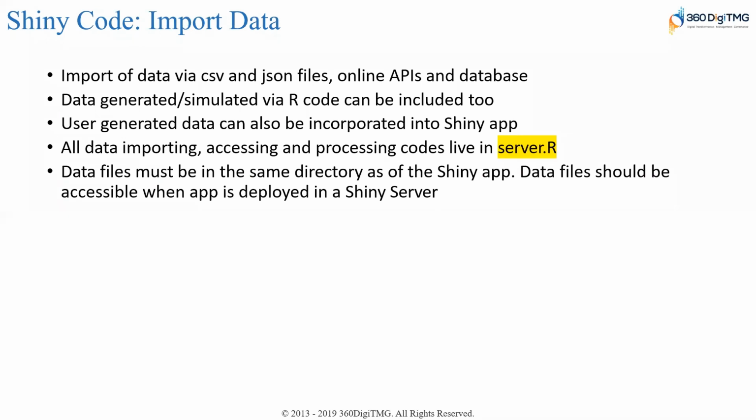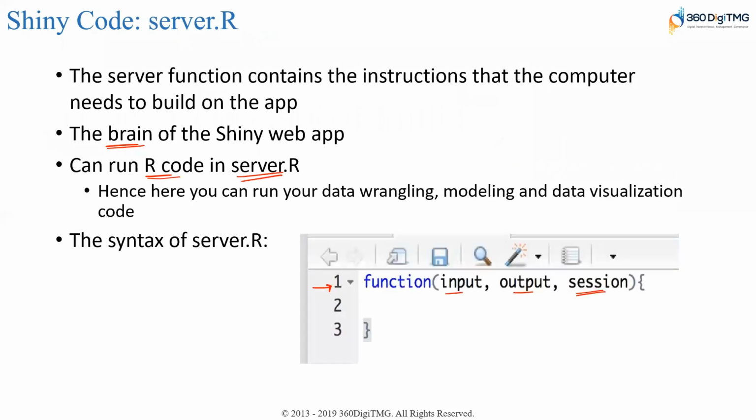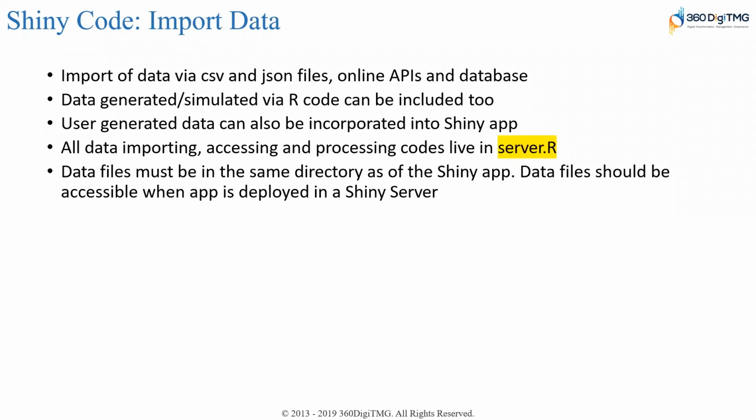Now, that is about the structure of your Shiny code that you are going to develop. So it is very simple, guys. As you see in here, all I need is the R code, and I would just fit that R code into this function, right? And I create a mapping from the fields that are there in this particular code to your UI code, the UI.R object. Very, very simple.